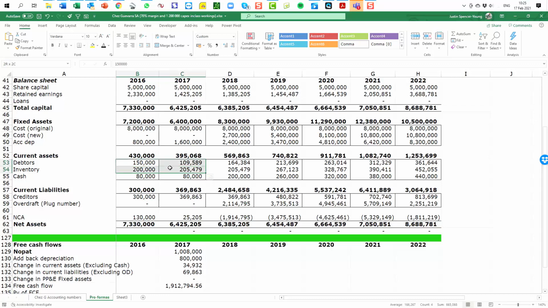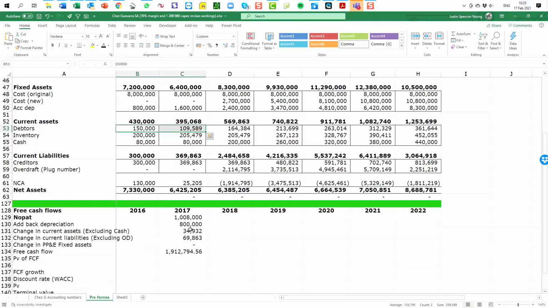But the net result here, mostly because the debtors has declined, is that this is cash positive. So you can see that number there is a positive number, which represents a cash inflow, because again our debtors declined. Why am I excluding cash? Because the point of the cash flow or the free cash flow calculation is to determine what is happening to the change in cash. So we don't want to take this into account when we calculate the working capital, because that is the end product of this calculation.